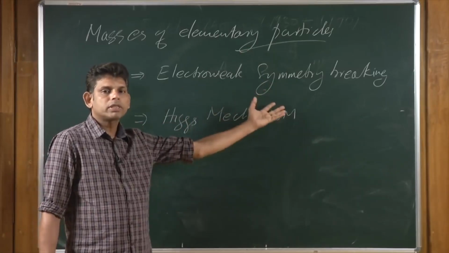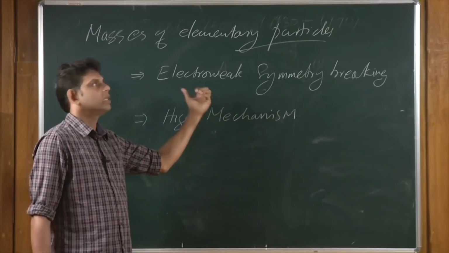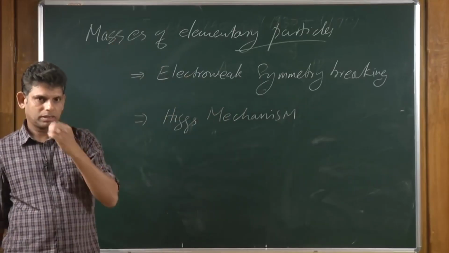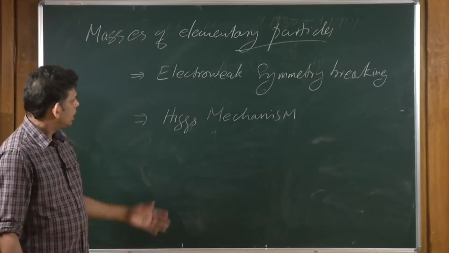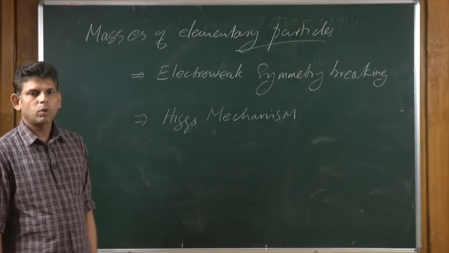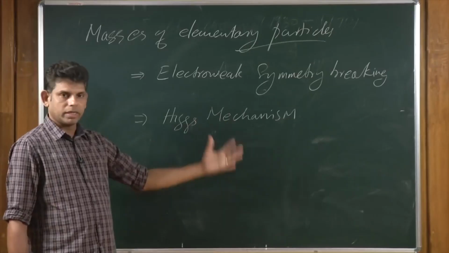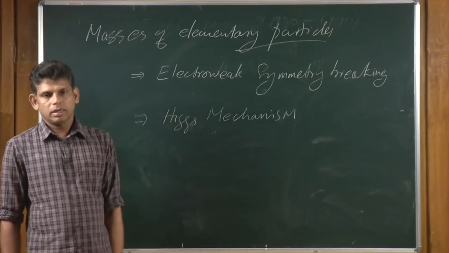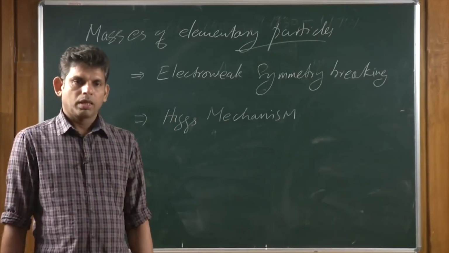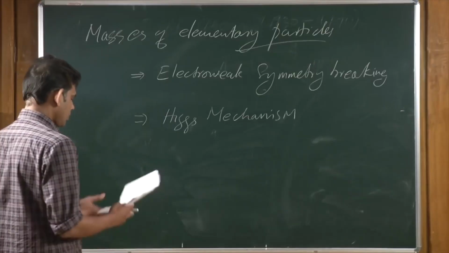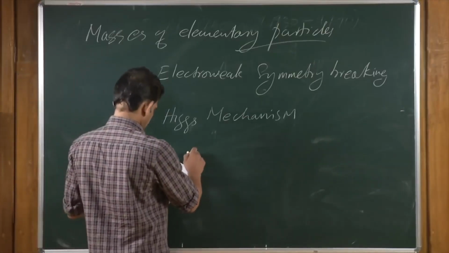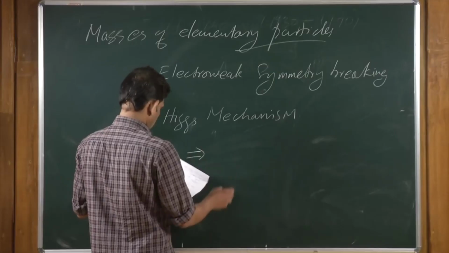So, electroweak symmetry breaking is needed to discuss the mass of these particles. We will come to a little bit about that, and one of the mechanisms proposed to do that is called the Higgs mechanism, named after the proposer, Peter Higgs, and this led to